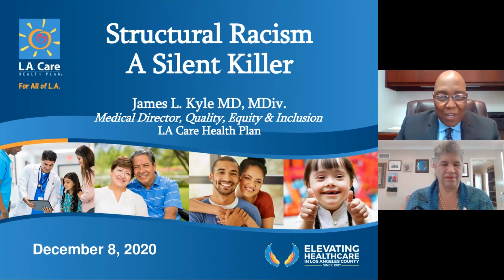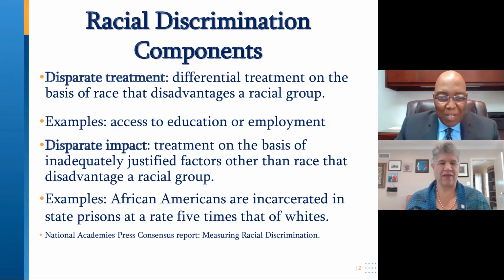So I'm going to start off our conversation looking at structural racism, what I call a silent killer. I'm going to just do a little grounding us in terms of racial discrimination components. Racial discrimination is about disparate treatment, differential treatment on the basis of race that disadvantages a racial group. Examples of this would be in education or employment when certain racial groups don't have access to an education or